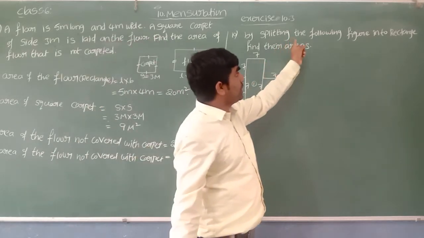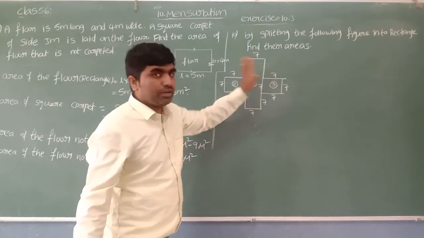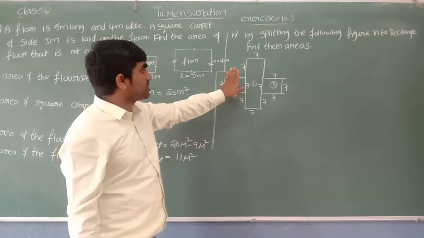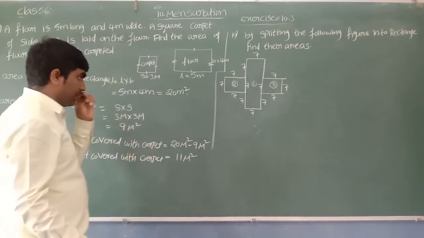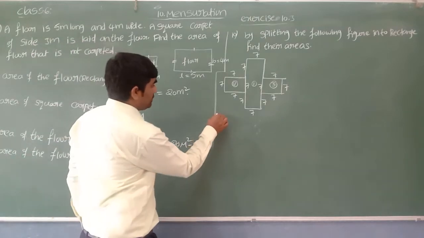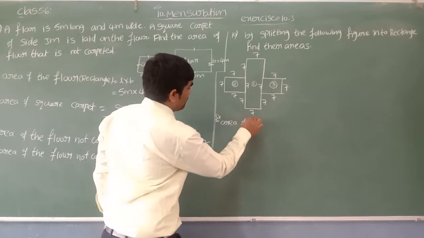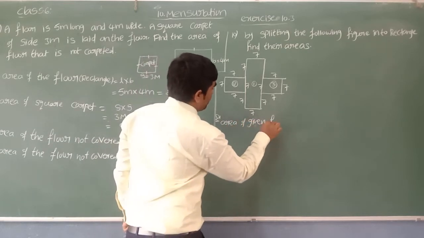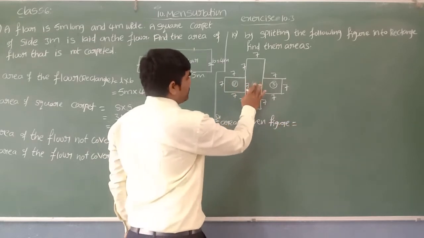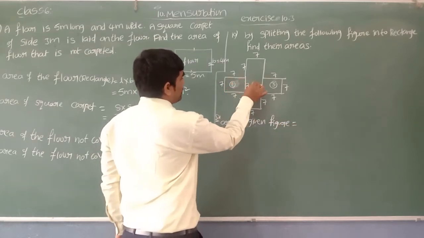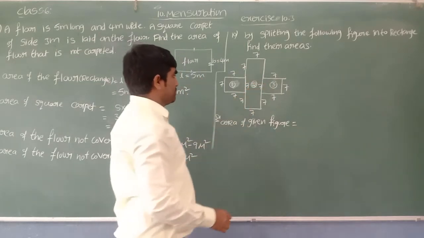So they are asking to split into rectangles, but I got a rectangle, okay, then what about these two squares? Every square is also a rectangle. Every square is a rectangle, yes. Now, can you prove the solution? Area of the given figure is equal to, that numbering you can give in any order. If you want, go like this: 1, 2, 3. However, we are doing addition, no issues.